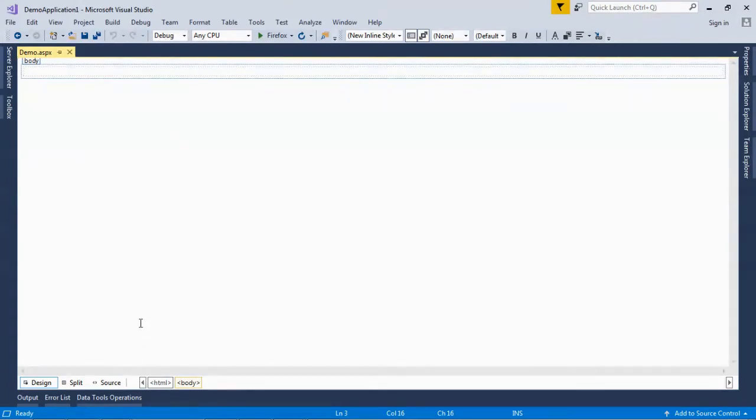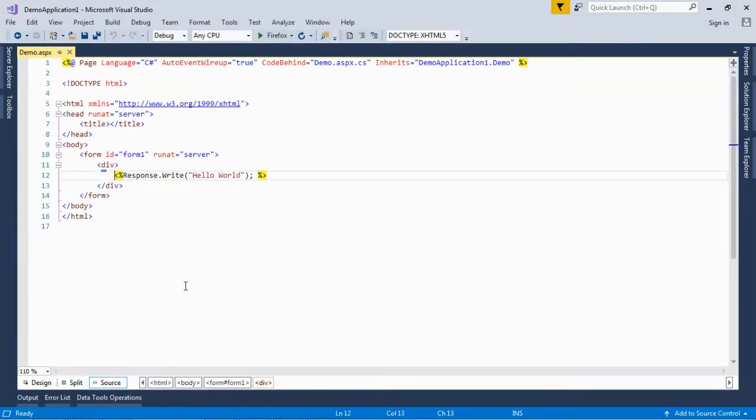Another way is, you can see here there are different tabs: source, split and design. Now we are on the design tab. If you want to go to the source view, click on that. Now you are on the source view of the demo.aspx page.